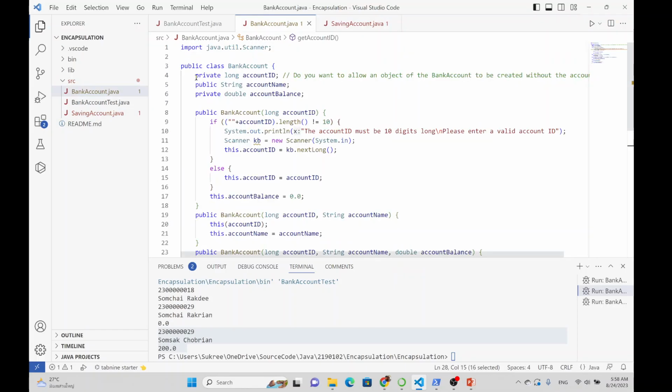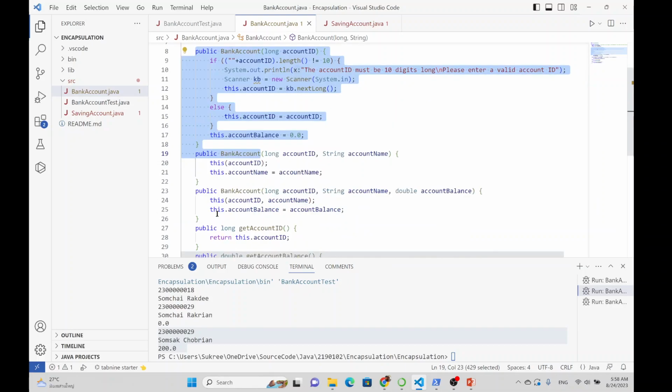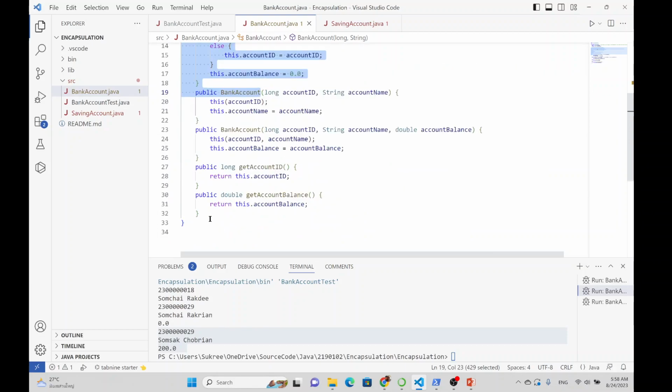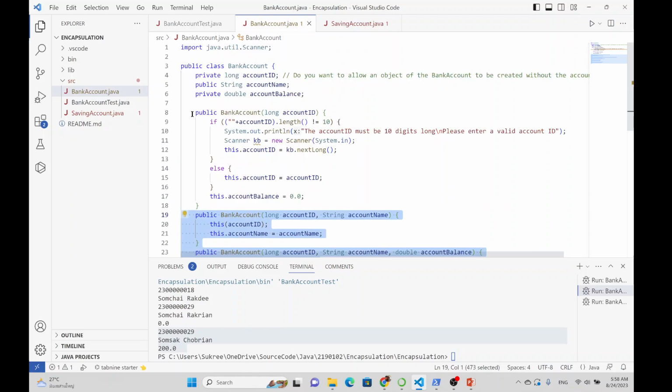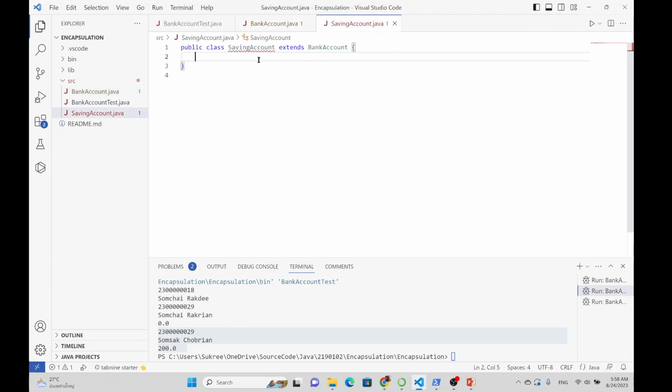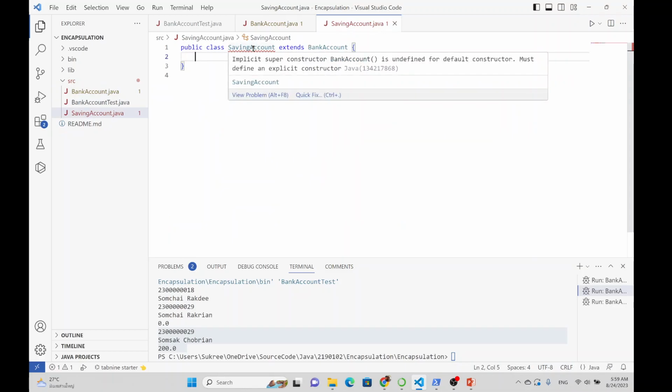For the bank account, this one is public, public and public. Everything that is public, when you inherit this, the saving account can use it. The saving account can implicitly use it, but